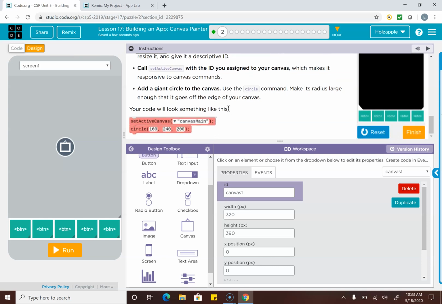So then what we want to do is put into our code to set the active canvas to whatever we decide to call this one. So we'll call this canvas and we'll use what they had. We'll call it canvas main. All right. And then we want to put a circle in for our